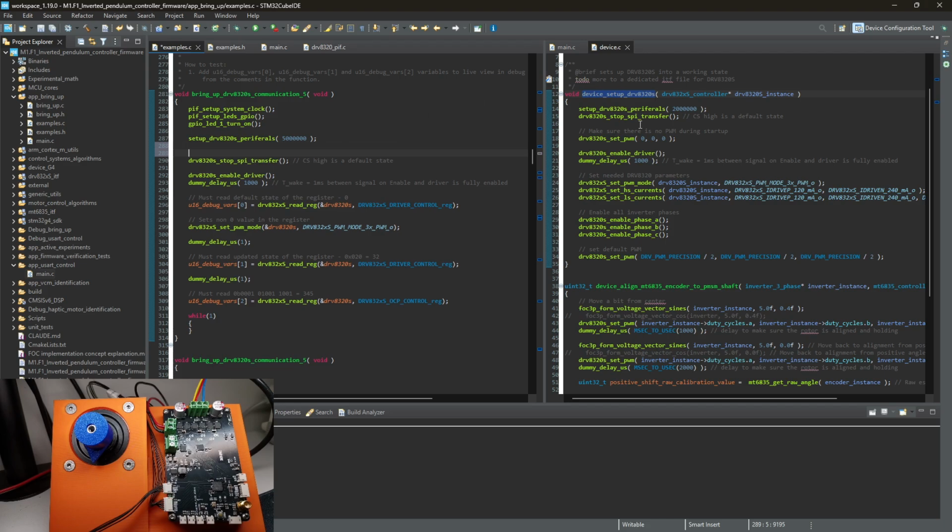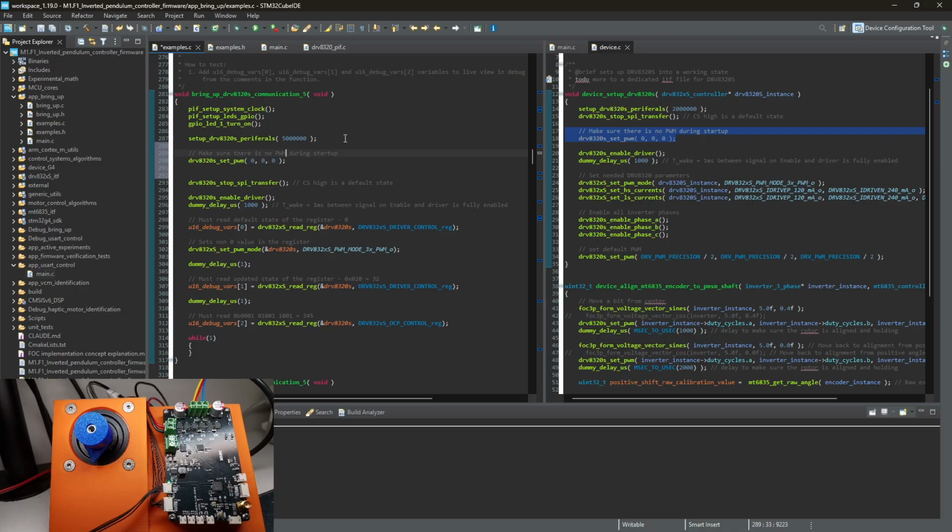I think this is an important part because we don't want to accidentally start spinning whatever is connected to the outputs of the motor. So we might as well make sure that our PWM is set to 0 on all channels. Then we do not enable driver. Okay, that makes sense because SPI